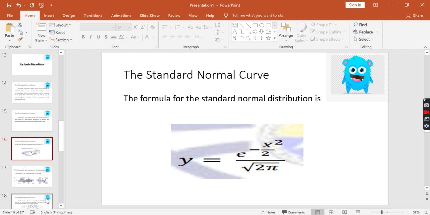So the formula for the standard normal distribution is this. Okay, y is equal to... I'm not going to discuss this anymore. Okay, since we are not focused